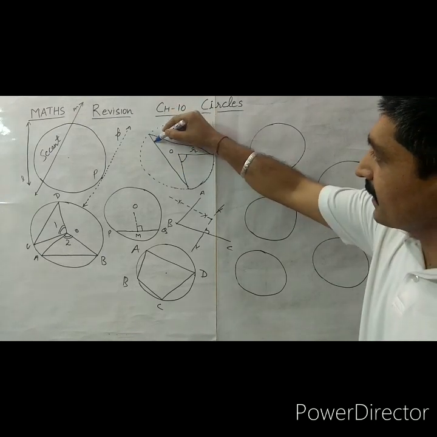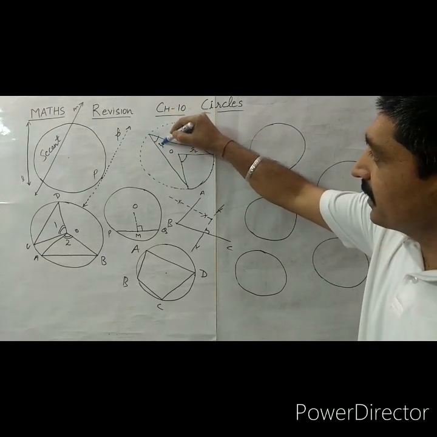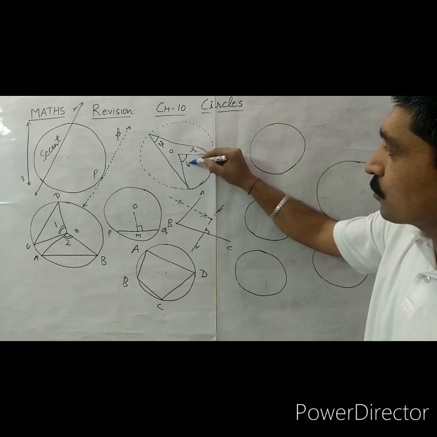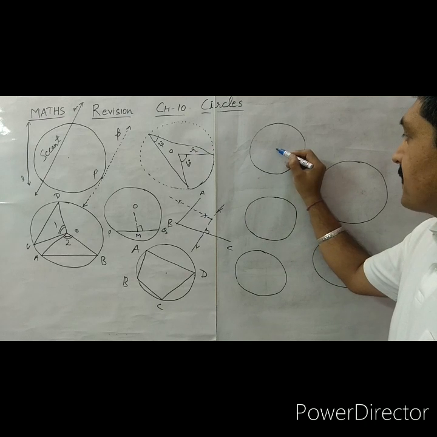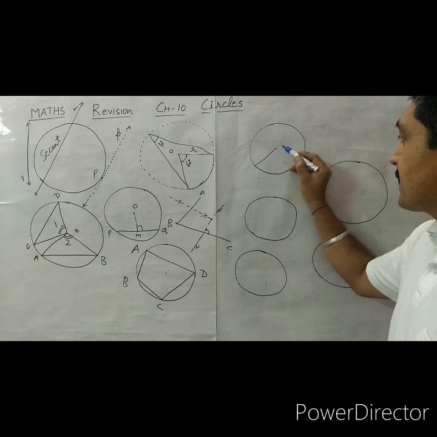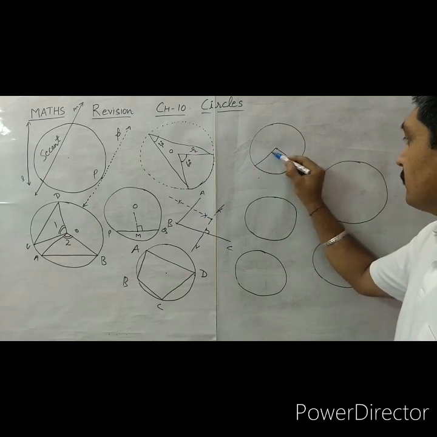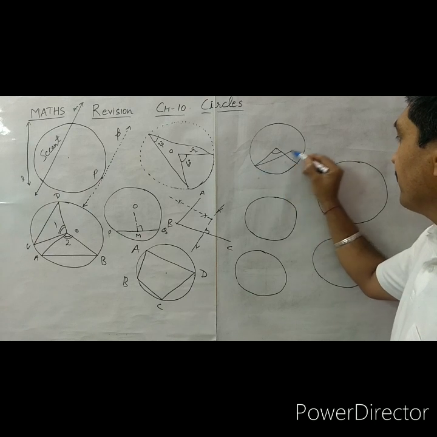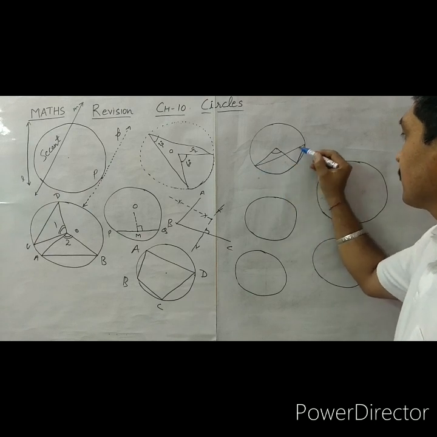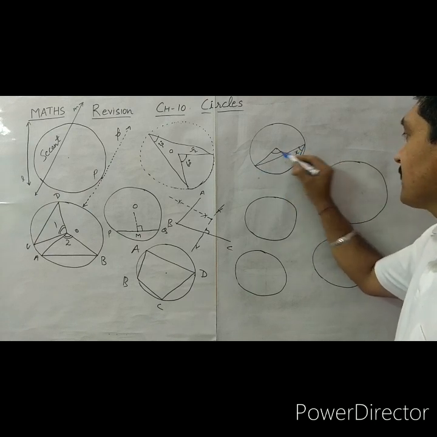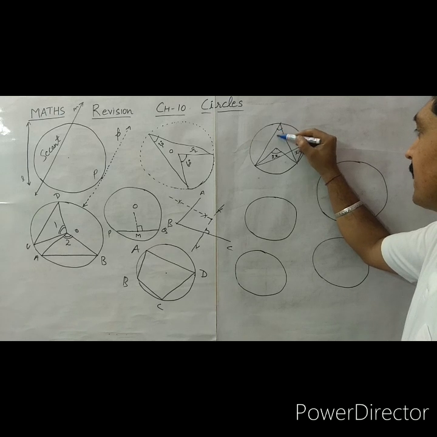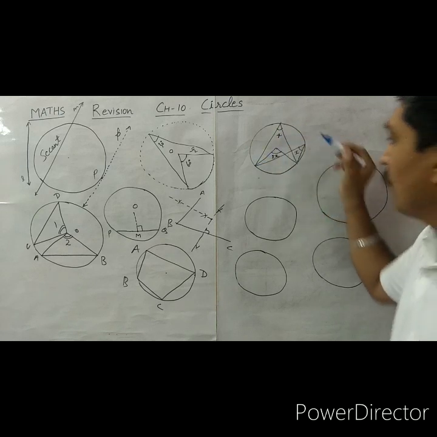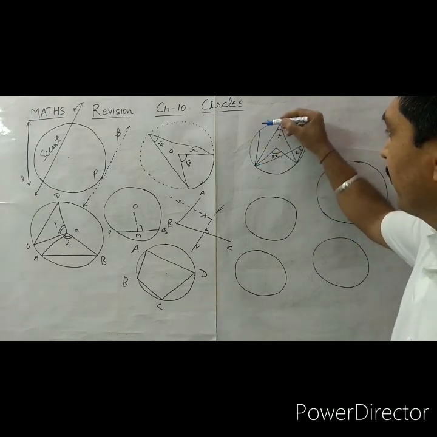Suppose this angle here is 30 degrees, so the angle subtended at the center is 60 degrees. Or if this angle is x, the angle at the center is always twice x, whereas these other angles are all of the same measure,